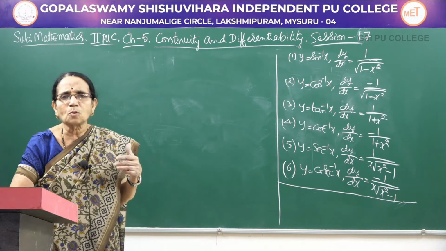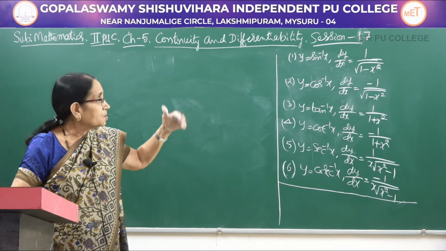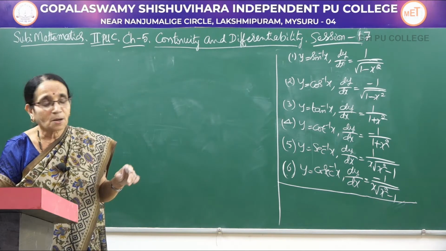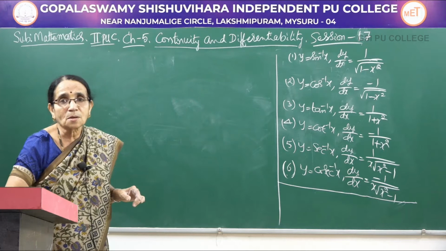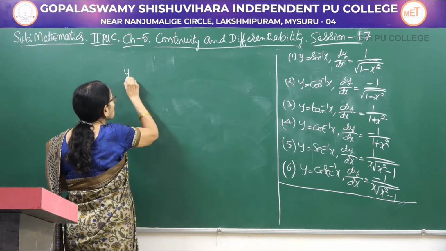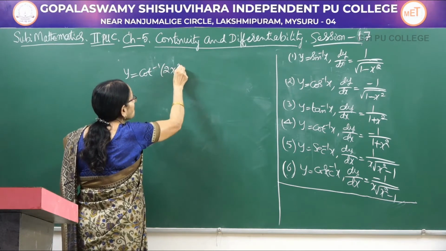So in the place of x, whatever function has been given, write in the respective places. But if that function is also a function of x, now that has to be differentiated, because in most of the problems I am considering the composite function. The next one is y is equal to cot inverse of 2x square.